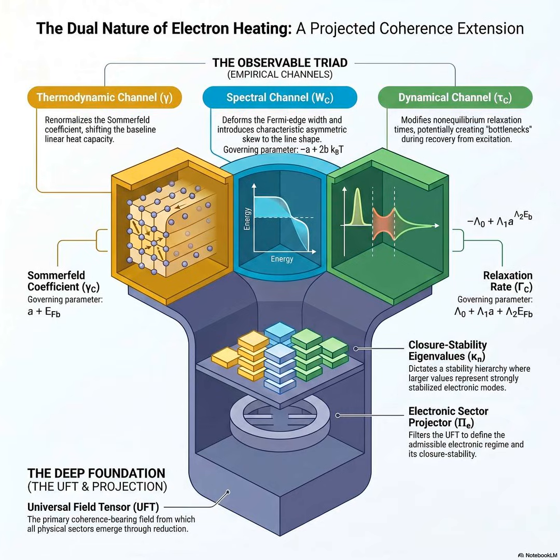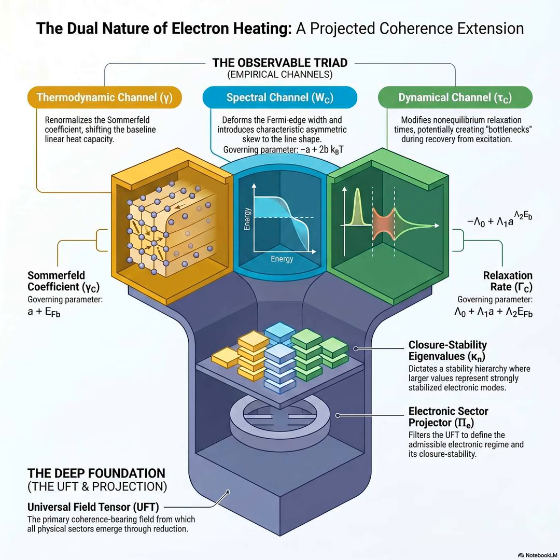And this brings us to the absolute star of the show, the coherence shift. Lillian introduces this concept of the universal field tensor, or UFT. He's essentially saying that the old equation we all learned, that electron heating equals Fermi-Dirac occupation broadening, is missing half of the picture. He is adding a fundamental second term. His new synthesis posits that electron heating equals Fermi-Dirac occupation broadening plus projected coherence redistribution. Projected coherence redistribution.